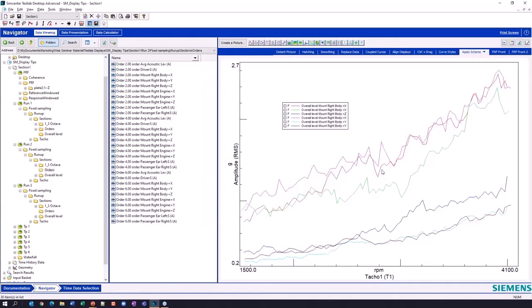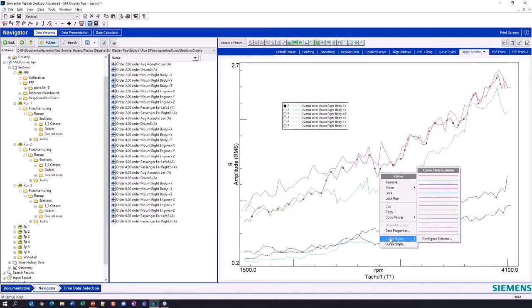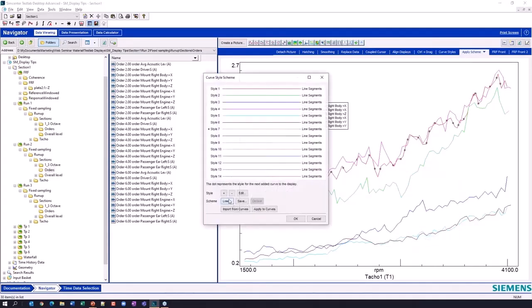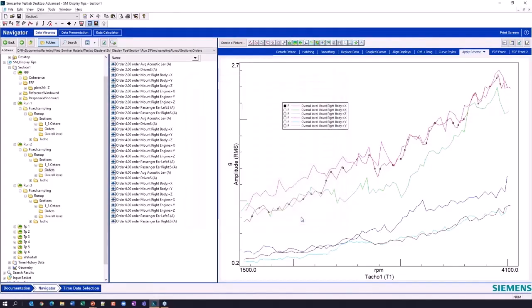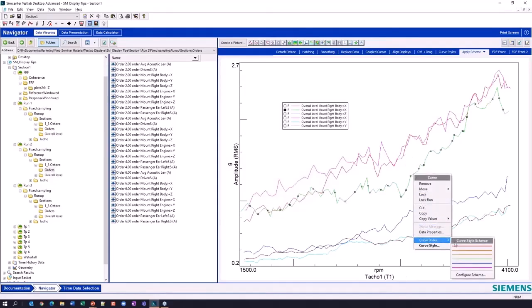I can also do this on sort of a one-by-one basis where I go over here and I want to load, let's say, rainbow. And now I've got rainbow loaded, and I want to come over here and I can just change that green to this green.